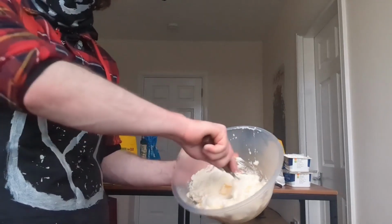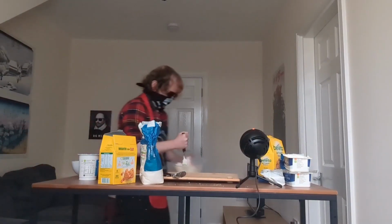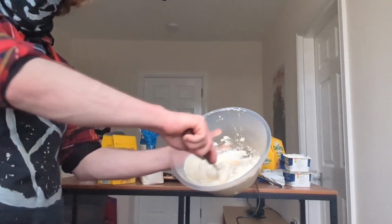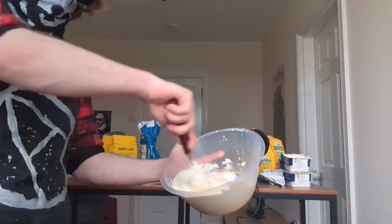Yeah, you don't need a... I mean, it's better with a whisk, but you don't need a whisk. I'm not using a whisk. Can't bother to buy one. There we go. Looks good. Now,